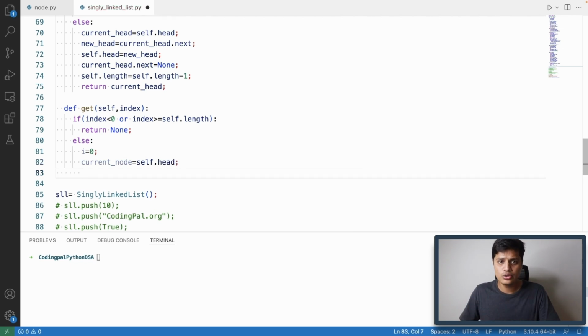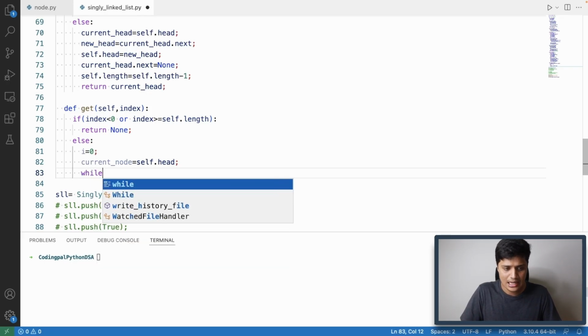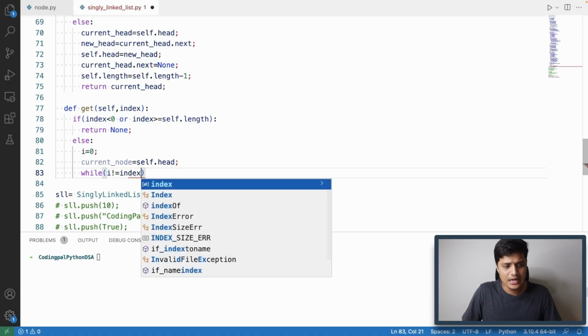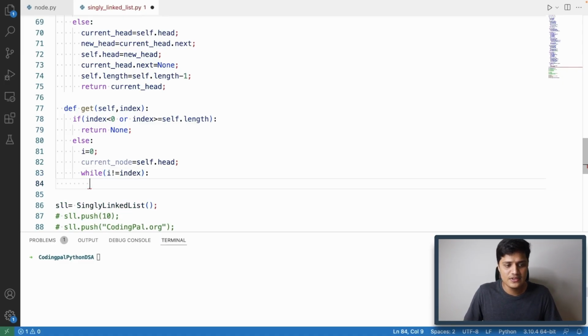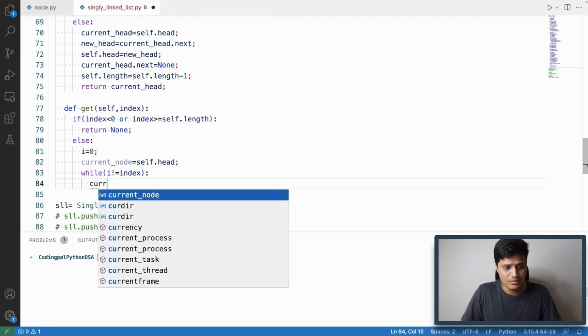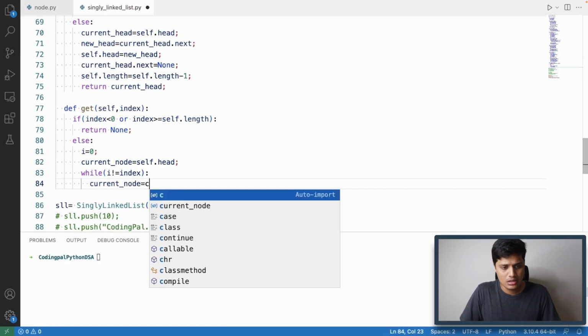Now to go to the node at this particular index, I'll run a loop as long as i is not equal to the index the user has given. If so, I'll go on to the next of the current node I'm at, so I'll update current node equal to current node